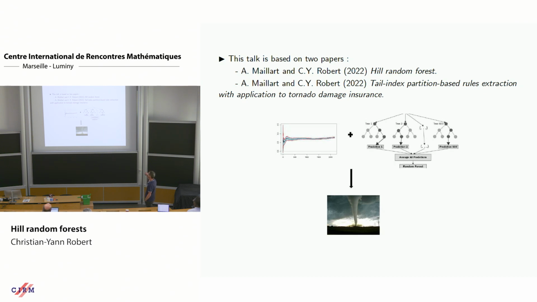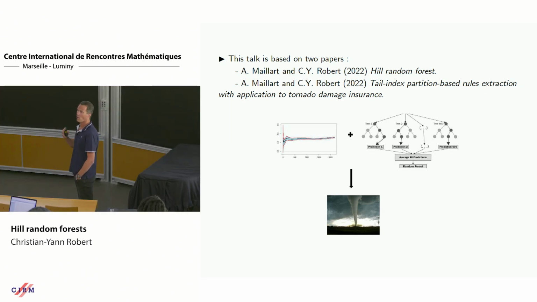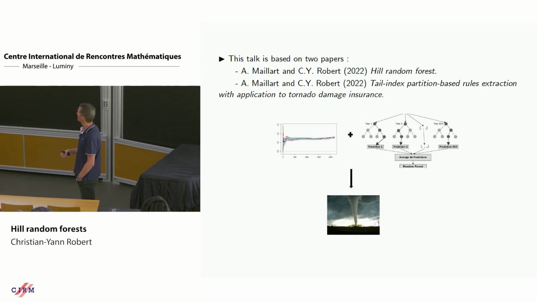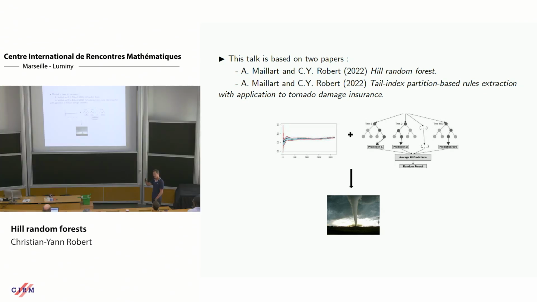The first part would be dedicated to the Hill random forest. The main idea is to use the Hill estimator, which is used to estimate the tail index of a distribution. This is a very old estimator. It had been proposed more than 50 years ago. And to use the machinery of machine learning, and more specifically here random forest, to try to estimate not a unique tail index, but a tail index function. So we will use the idea of regression, but not to estimate the conditional mean, but rather to estimate the